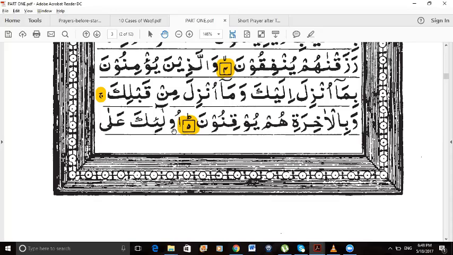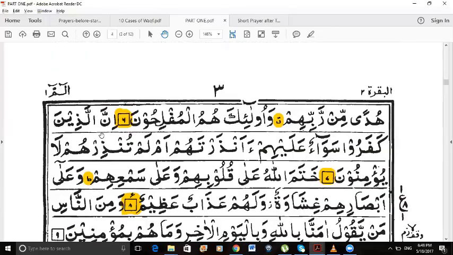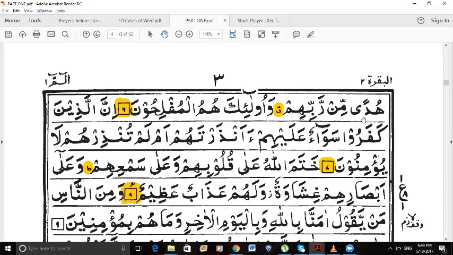A'udhu billahi minash shaitanir rajim. Bismillahir rahim. Ulaika Yes. ala Excellent. hudam mir rabbihim Perfect. Well done. wa ulaika humul